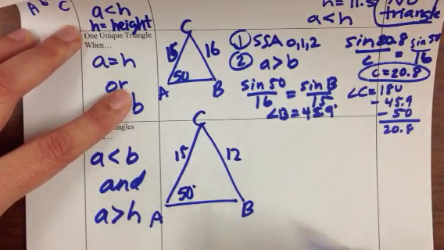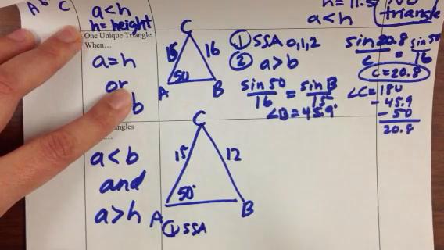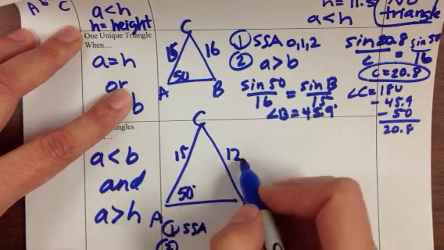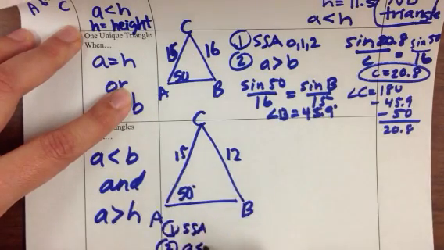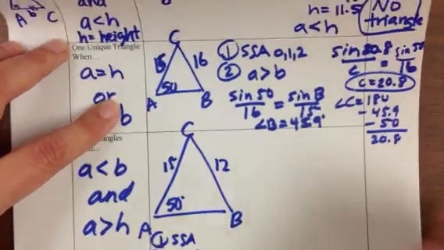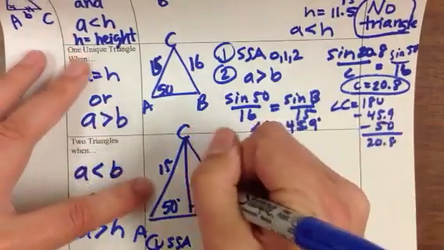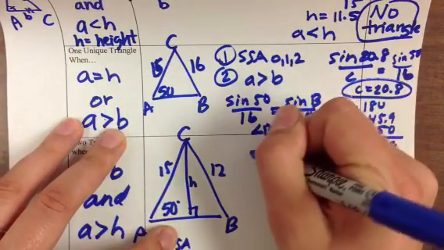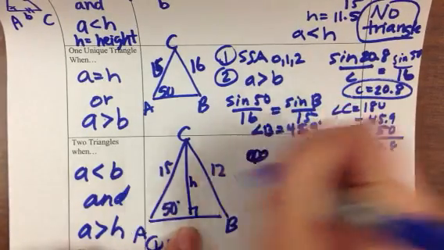So I look, first it's side-side angle, step 1, side-side angle. So I know I have 0, 1, or 2 solutions. The next thing I look at, the side opposite the given angle is A, and A is smaller than the other side that's given. So A is smaller than B. So this tells me that I have 0 or 2 triangles. So then to see whether I have 0 or 2 triangles, I find the height. Remember, the height is dropped from between the two given sides. We drop an altitude, and we solve for it. So if I go ahead and do that, A equals, so